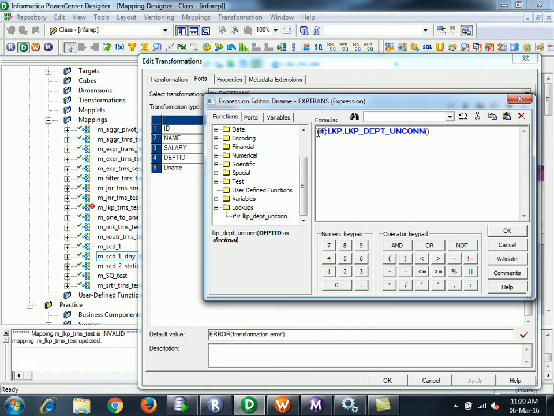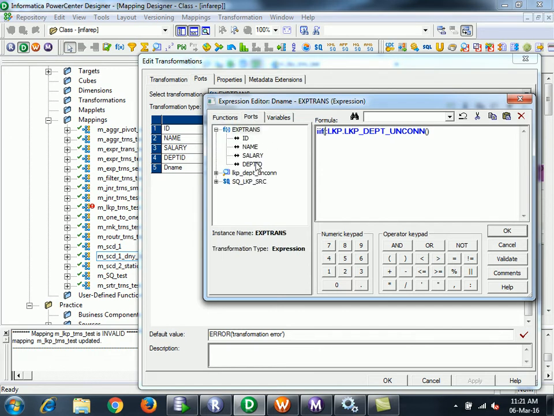If dpt id equal to 10 or dpt id equal to 20, then call the lookup and pass the department ID, or else the default department is this. Fine.